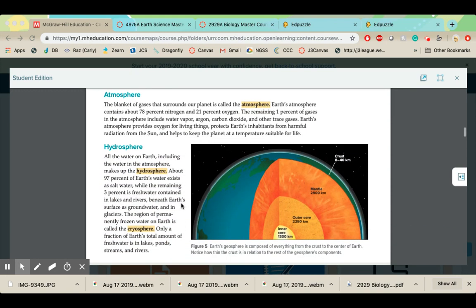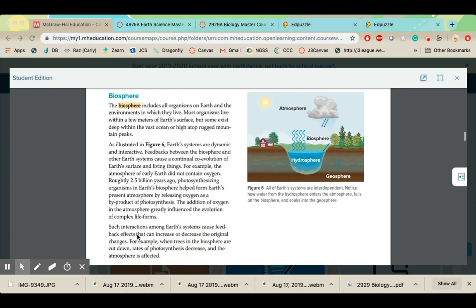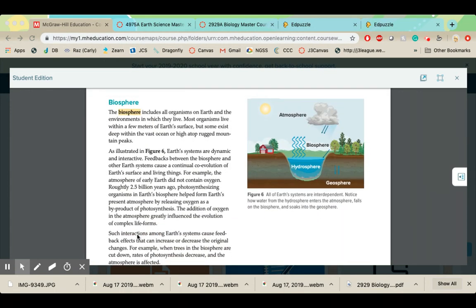The atmosphere is the part, obviously, where all the gases float above the Earth. And the hydrosphere is the liquid part of the earth. And there's actually part of the hydrosphere that is the cryosphere, which is frozen. But that's part of the hydrosphere. The cryosphere is the frozen part of the earth. And the last part of the earth is the biosphere. This is where all the living things are as part of the earth.